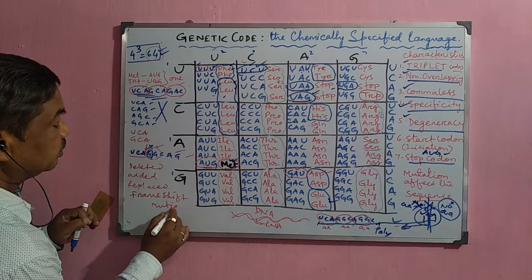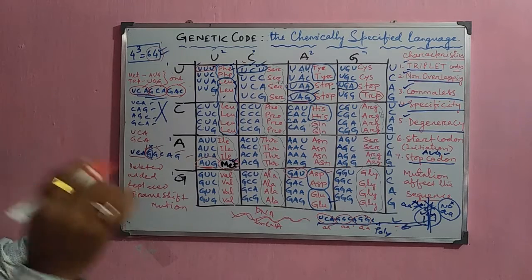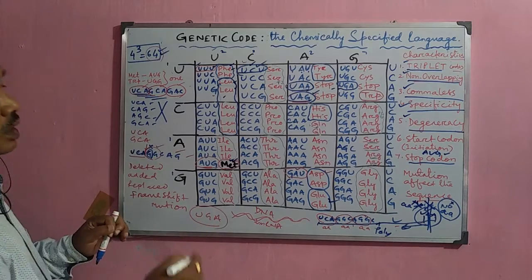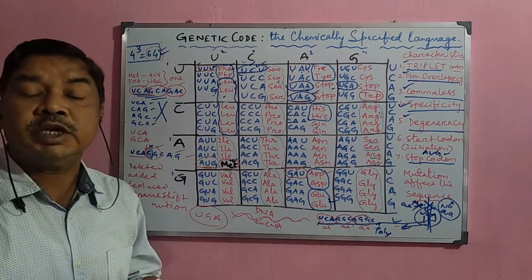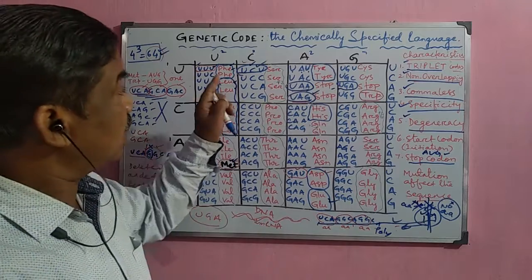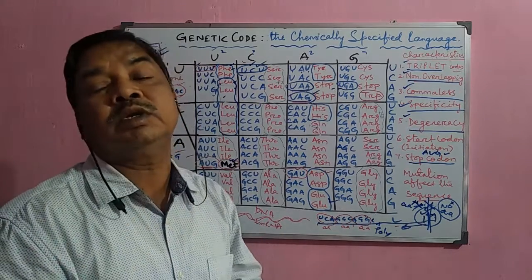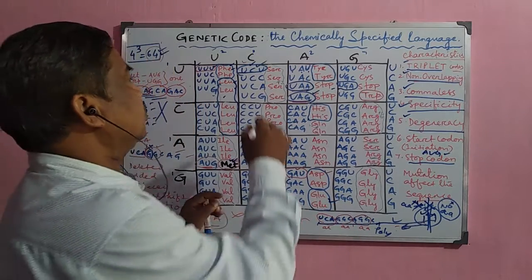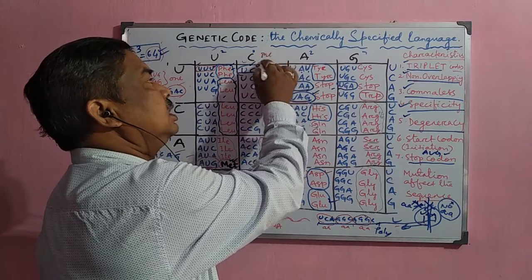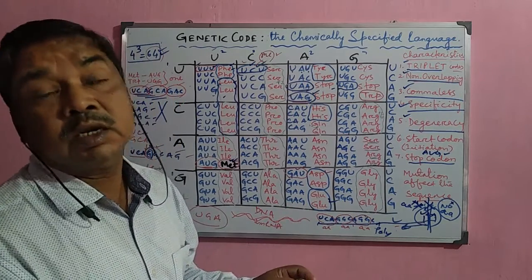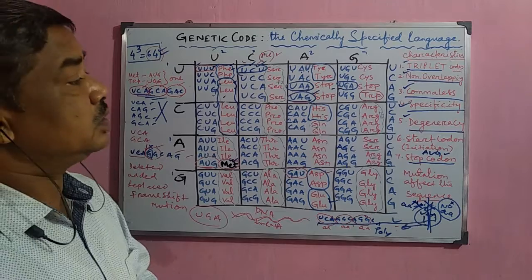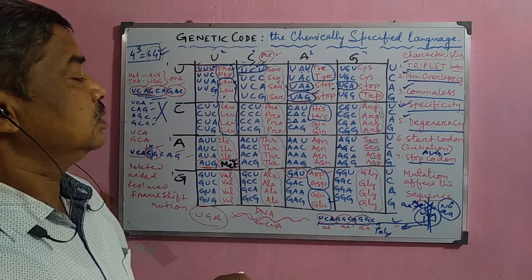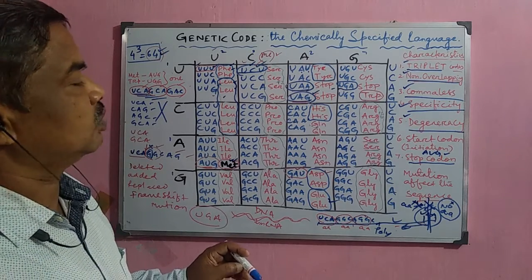But if one codon, suppose UGA, is added here, then only one amino acid will be changed. If one nitrogenous base is changed, it will change the entire sequence. But if one codon is changed, then one amino acid is either added or deleted and the rest of the sequence remains the same. That is why frame shift mutation is more dangerous, and it sometimes causes problems.